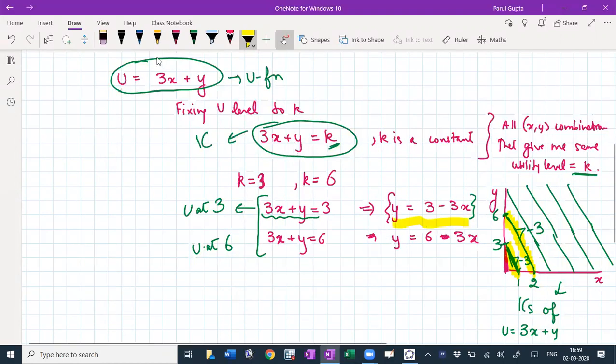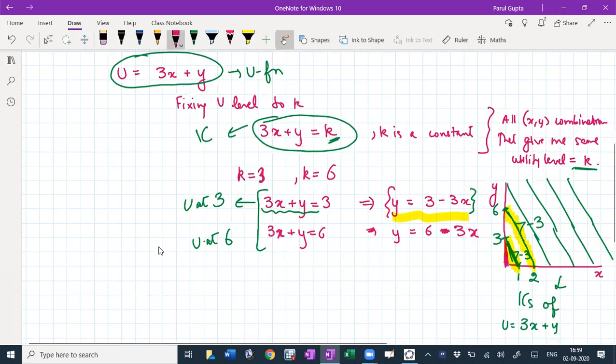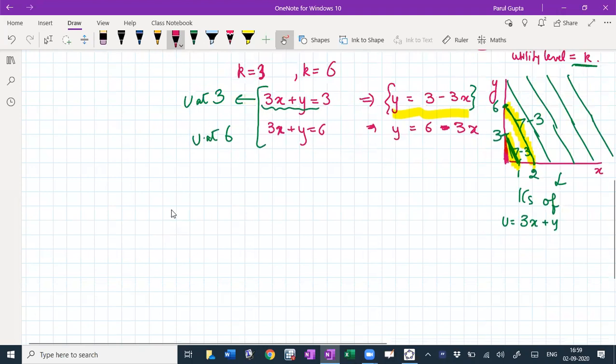But unfortunately, all utility functions are not going to be so straightforward, which is why you will need to revise your curve sketching from first and second semester, mostly first semester. I will send you some notes to help you brush up on curve sketching. Rectangular hyperbola, circle, all of these you will need to remember, how we draw these indifference curves, because this will be 2 or 3 marks in the final exam.